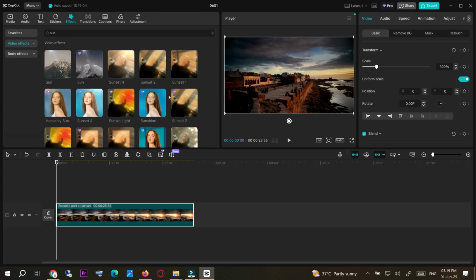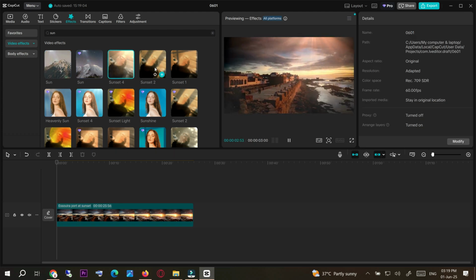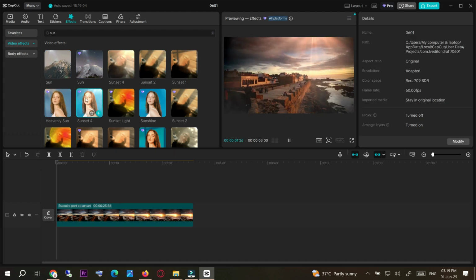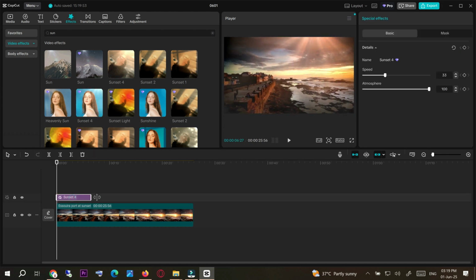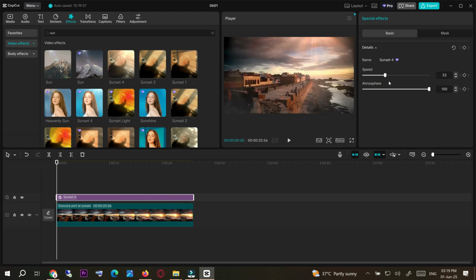and here you will see multiple options of sun's rays, so you need to check one by one and see which one is the best one. Yeah, this looks much better, so click on this plus icon and drag it to the video length, and here on the right side, you can adjust the speed by decreasing and also